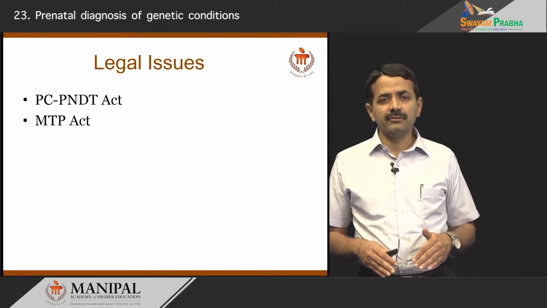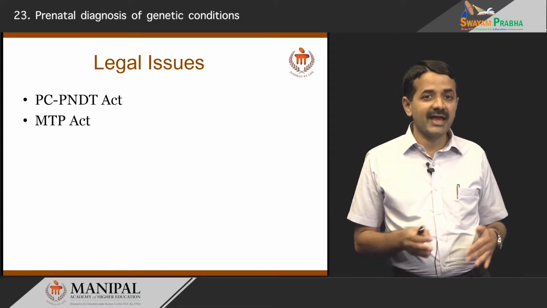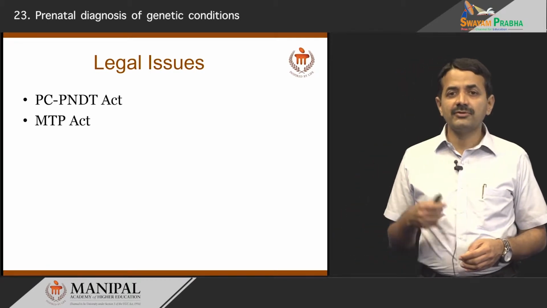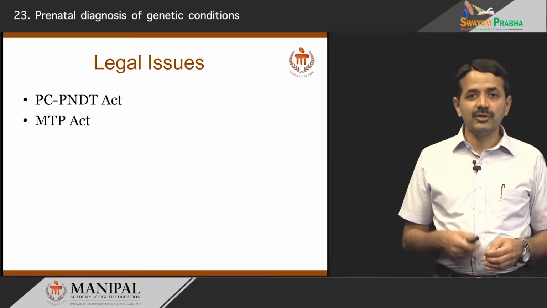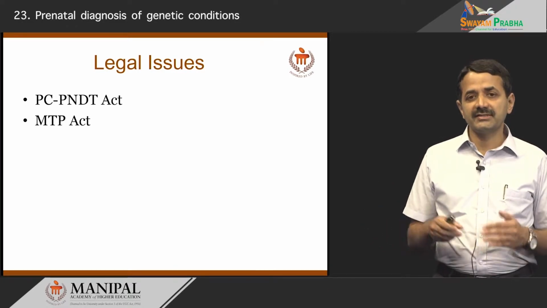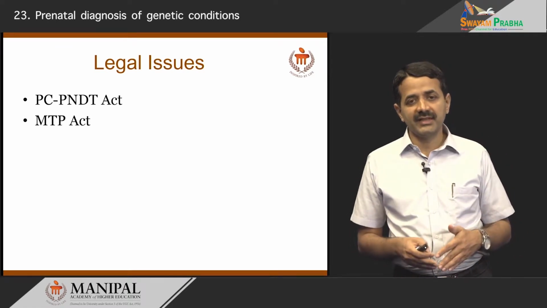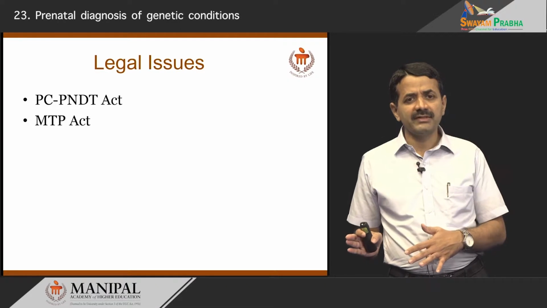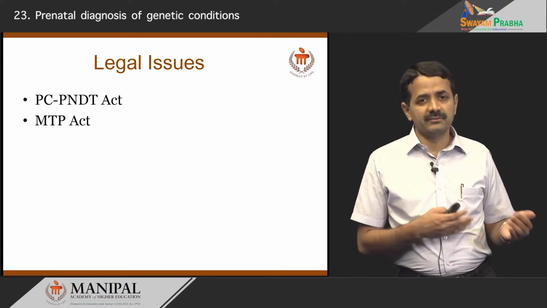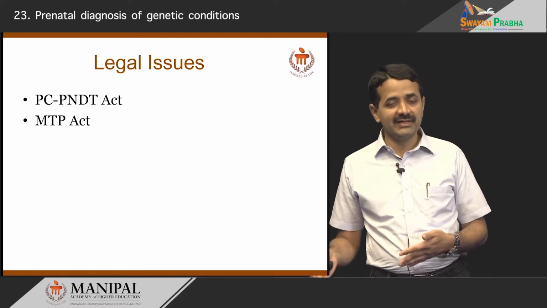In India, we have the PCPNDT Act, the Preconception and Prenatal Diagnostic Techniques Act, which requires all the persons involved to declare what test they are going to do, who the person undergoing the test is, what the indication is, whether they have living children, and how many children they have. Basically, this is done to prevent female feticide. So, we need to declare that the gender of the fetus is not determined or not revealed, and then